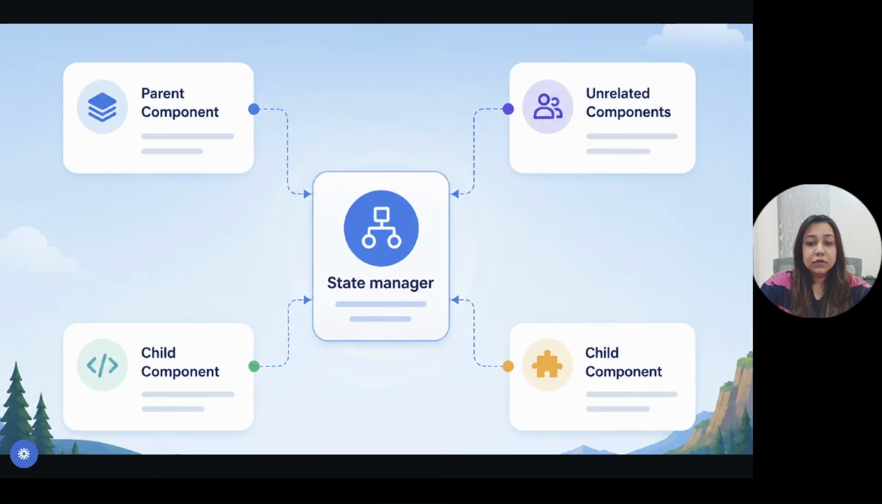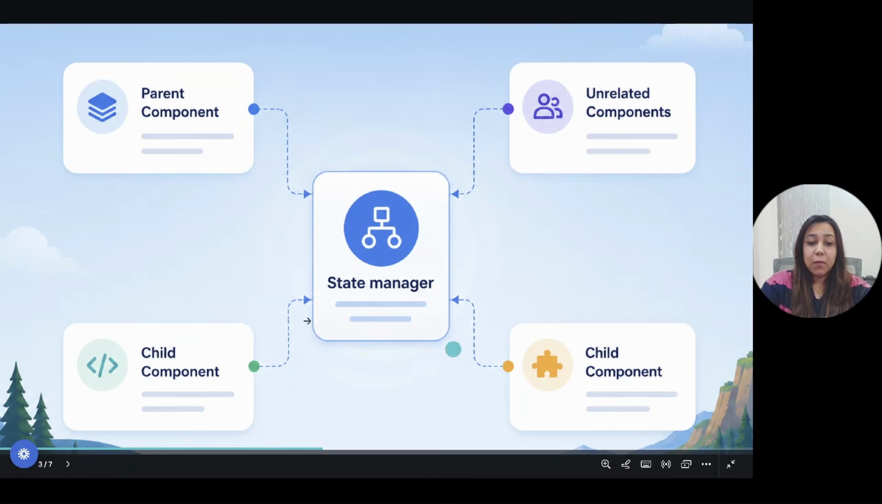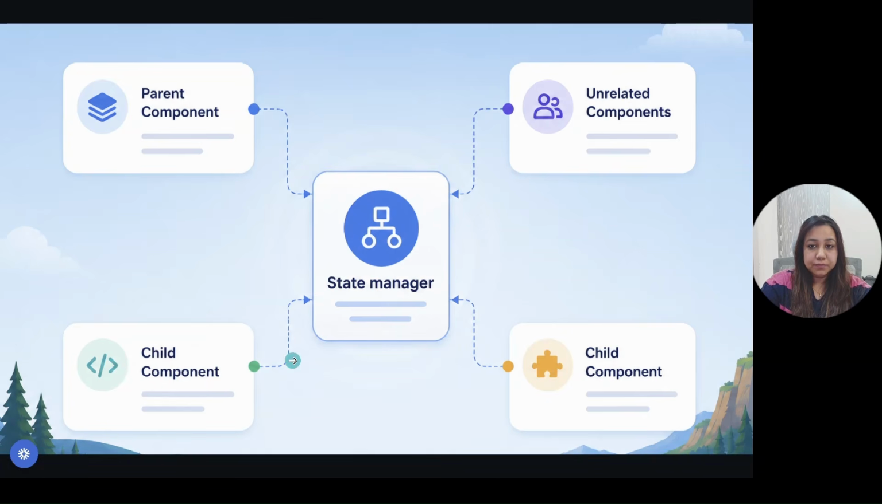So this is how the state manager is connected to the parent, unrelated child, and child components, different child components. They all share a common base which is called the state manager. So whenever any of the components updates any data, this state manager is notified. And once the state manager is notified, the child components will get the updated data from the context of the state manager. So that's how all the components will be in sync without the use of any events or passing